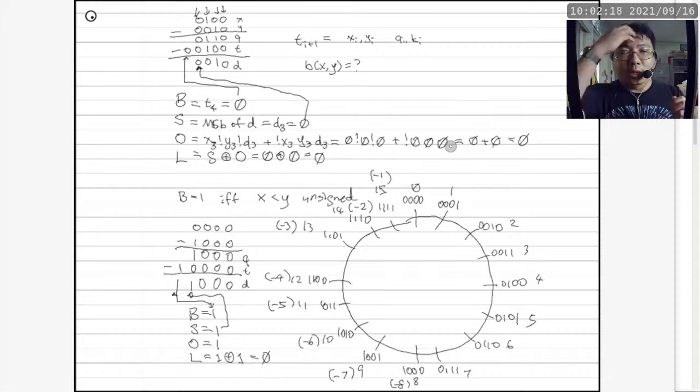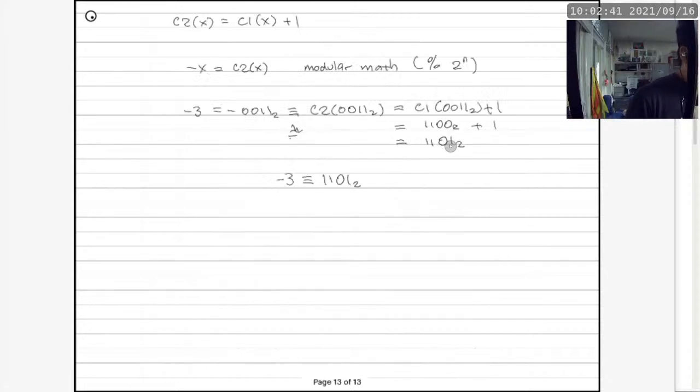Okay, so you might say it doesn't seem to work out in this case, which you're correct. Okay, but it does work out in many cases. So I'm going to show you a case where it does work out in both cases, and then we're going to get back to this one where it doesn't work out, and it will explain why it is not working out, and also why the overflow flag is important in this case. So let's go ahead and use a new example where it does work out in both cases.